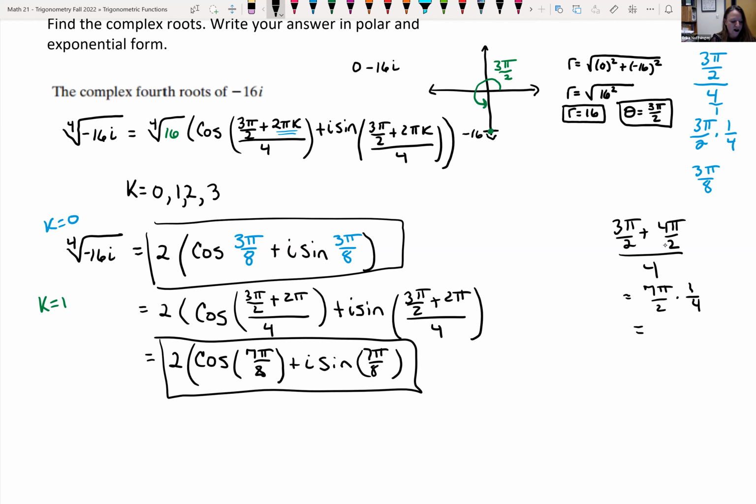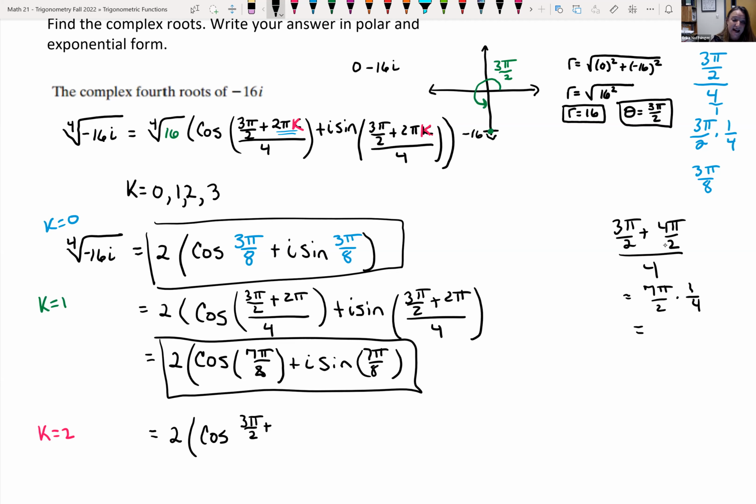So we have so far 2 of our roots. Now let's look at k is equal to 2. So plugging in 2 for k here, this is equal to 2 cosine of 3 pi halves